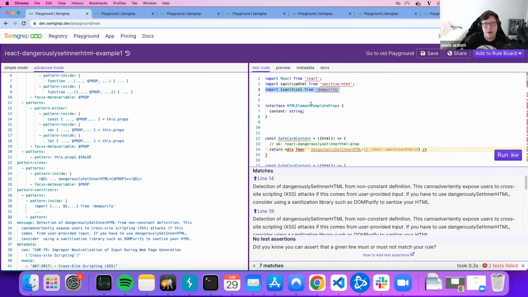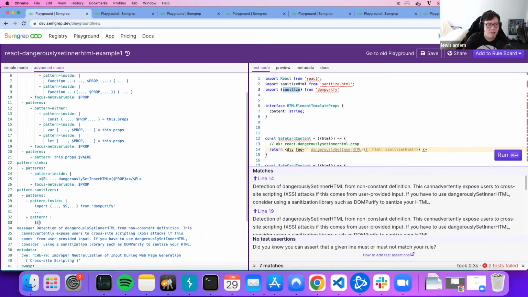So this is a very simple thing, right? There are obviously various different ways to instantiate DOM Purify, but we're going to take the most simple example we have here. Basically, it's saying sanitize is already exposed and it's calling sanitize. So the simplest pattern we could write is basically if $S is used,